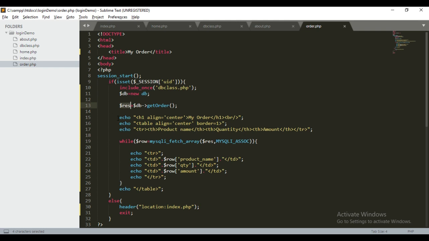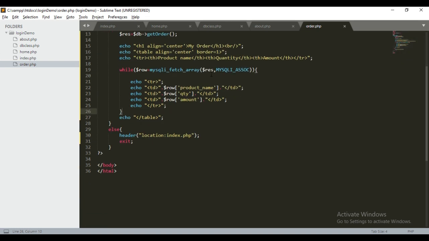Now I'm just displaying it in the form of a table. You can see here I'm echoing table, align center, then table header: product, quantity, amount, and one loop for fetching all the results. All the results in this result variable are stored in this row in the form of an associative array.